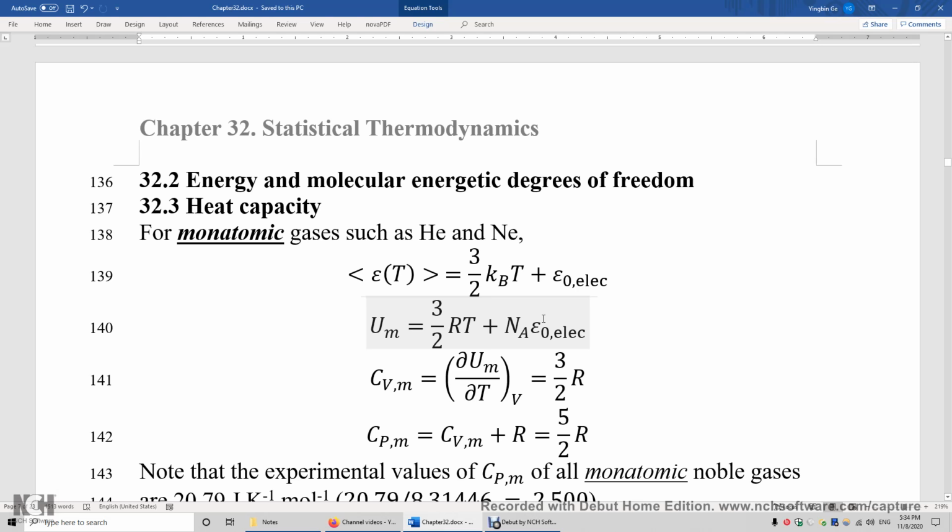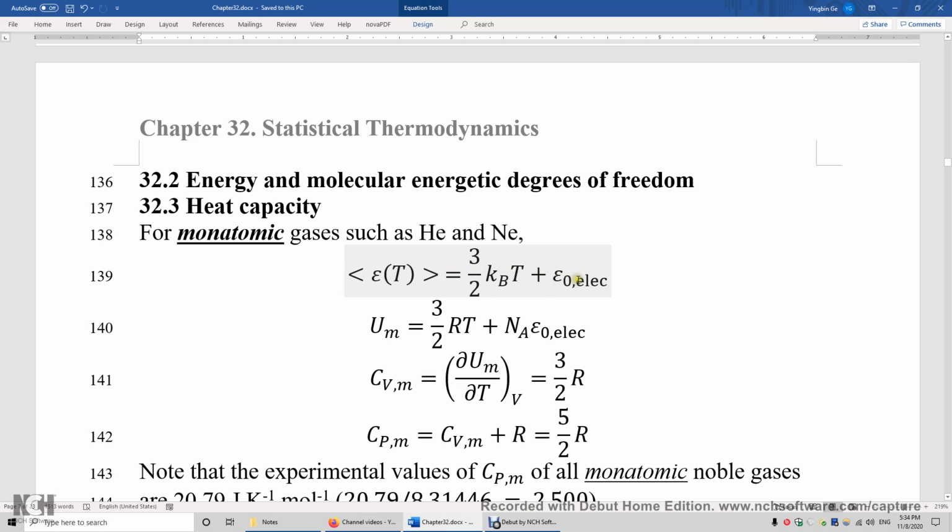Section 32.2 Energy and Molecular Energetic Degrees of Freedom. Section 32.3 Heat Capacity. For monatomic gases such as helium and neon, the average energy is equal to 3/2 kBT